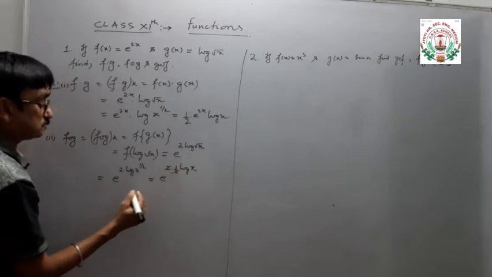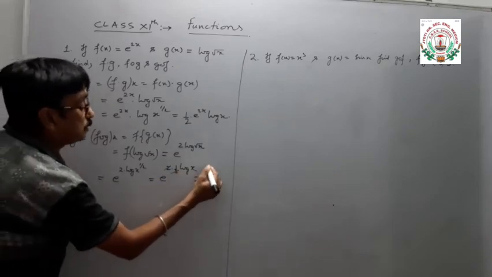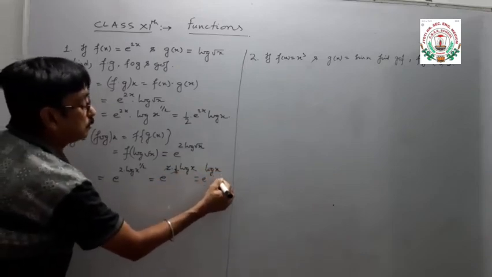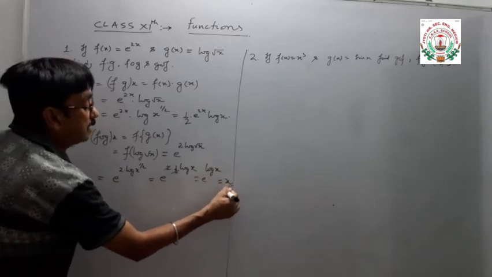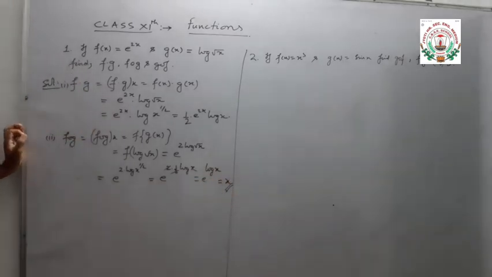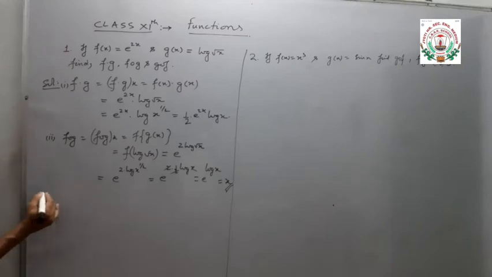These 2 and 2 cancel, we get e to the power log x, and the value of e to the power log x is x. e to the power log x is always equal to x. Third,